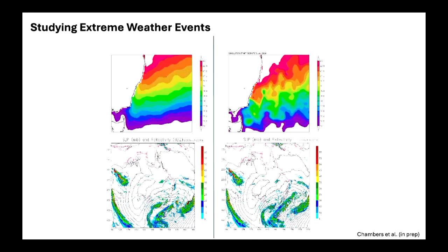And another study looks at a rainfall extreme event, associated with a really complex East Coast low that developed back in 2016 that affected almost the whole area of Southeast Australia, including Tasmania. This is led by our center researcher, Chris Chambers, where he used these simulations to look at the role of the warm currents along our southeast coast, as you can see here, compared to the climatology.